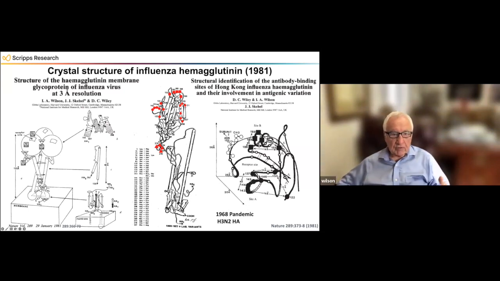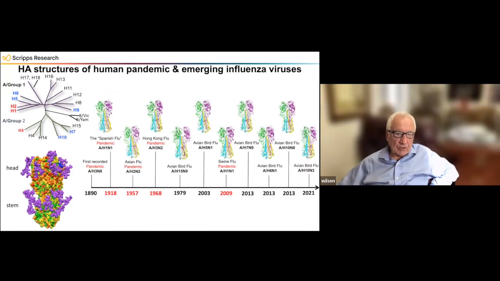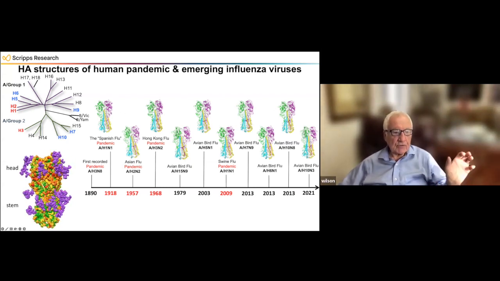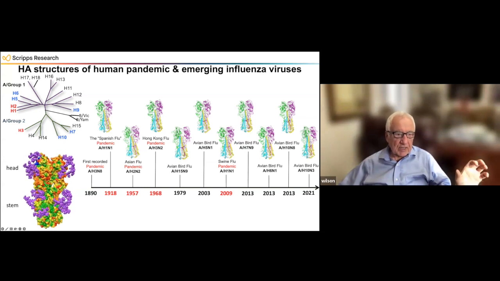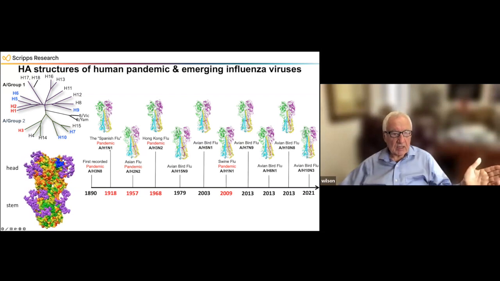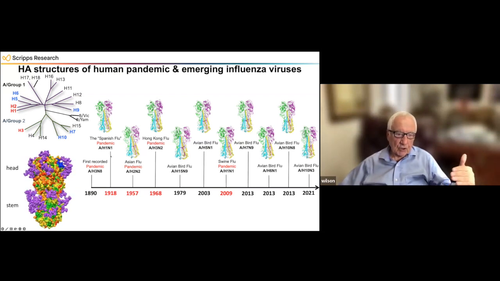So fast forward a few years, we've done a lot of different structures of the hemagglutinins at this level of resolution. They all look very similar to one another, but their surfaces are all different. They all have different amino acids. So we looked at, for example, the 1918 pandemic HA. Then that was followed by an H2N2. This was an H1N1 virus. This is the hemagglutinin 1 neuraminidase 1. In H2N2, the hemagglutinin and neuraminidase changed. And then this pandemic, and the structure I showed you previously, was an H3N2.